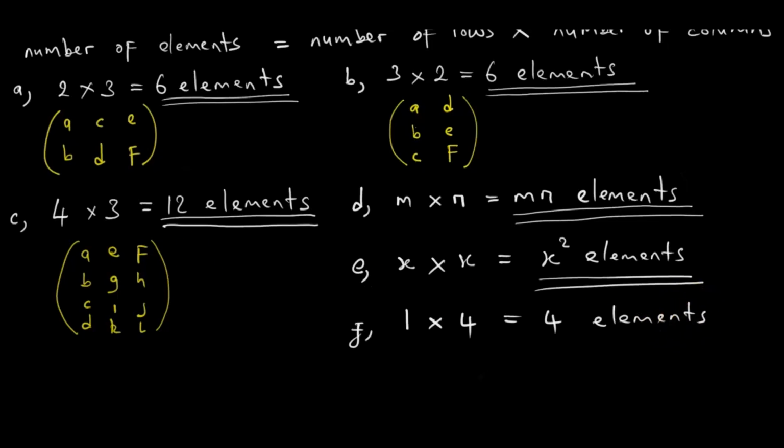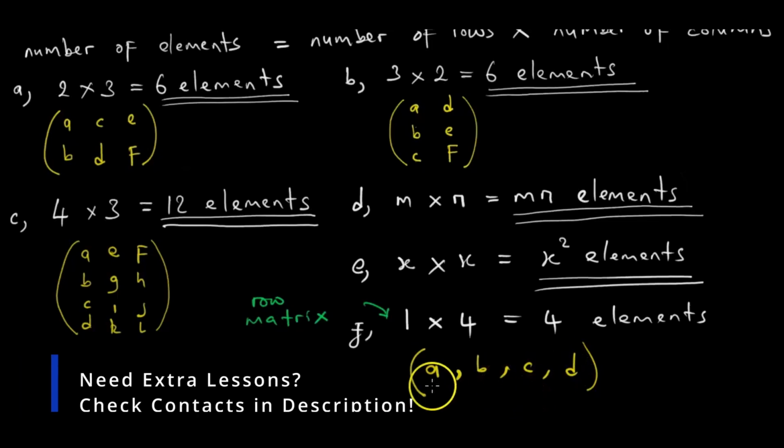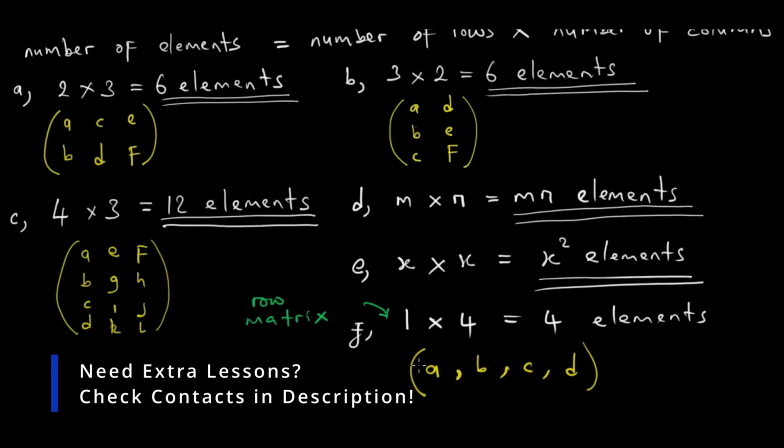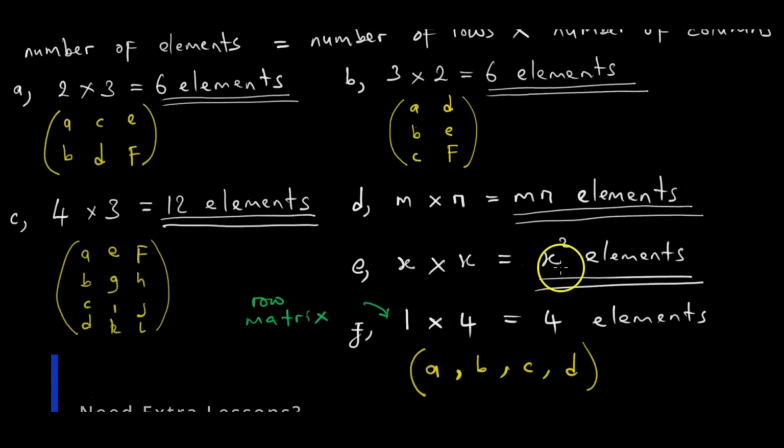Tikada kuinyora pasi zvainenge yakaita 1 by 4 inoreva kuti we only have 1 row and 4 columns. Saka inenge yakati A, B, C, D. Remember kuti kana chine 1 row and whatever number of columns, this is called a row matrix. You have to remember. Kana takunyora ma elements edu tinoma separate nechi netumakoma. Saka inenge yakadai so. Tikaita a hand count we are going to see that we have 4 elements.